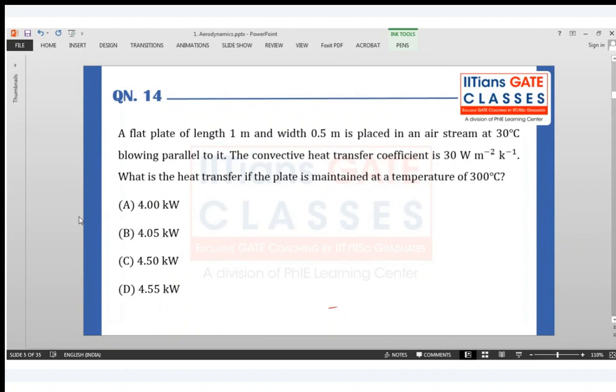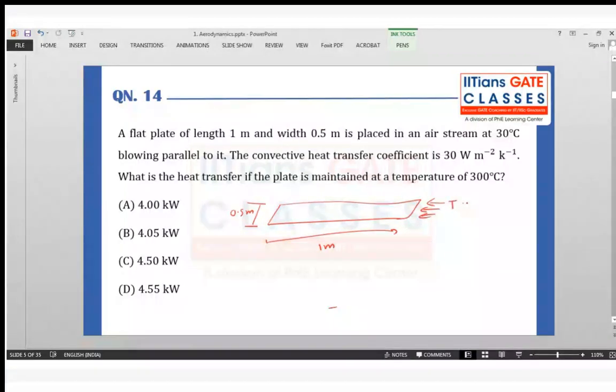Okay, so let's look into this question. There's a flat plate of length 1 meter and width 0.5 meter. For this kind of question you can always start by drawing the sketch. So there's a plate which has a length of 1 meter and a width of 0.5 meter, and it's placed in an air stream blowing parallel to it, with a temperature of